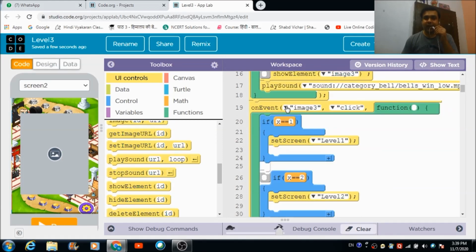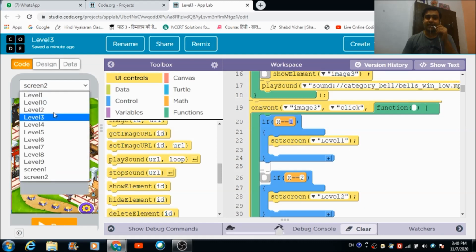Now here I have defined an if condition. If the value of X is equal to 1, what is going to happen? The user, when he hits this image, is going to get redirected to this level 1 screen.